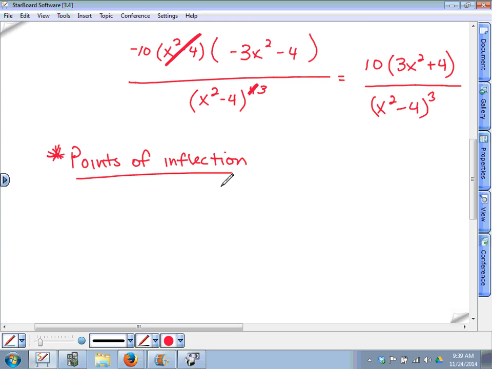A critical number is where the first derivative equals 0, or where the first derivative is undefined. So we're not finding critical numbers anymore because we're with the second derivative. You guys follow? What do critical numbers have to do with? Critical numbers are where the first derivative is equal to 0, or where it's undefined. You follow? Yeah. Points of inflection